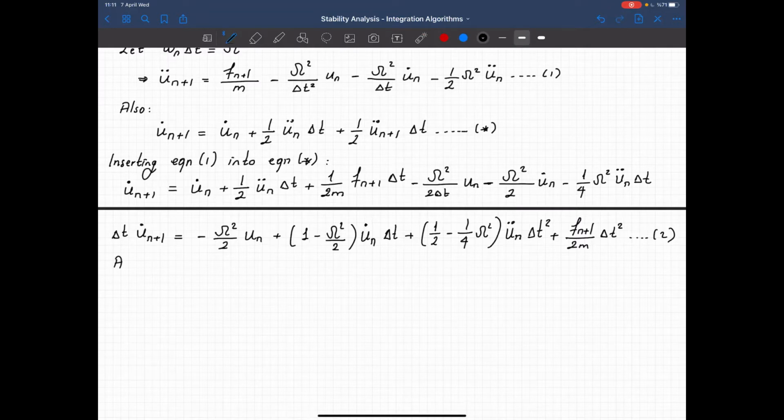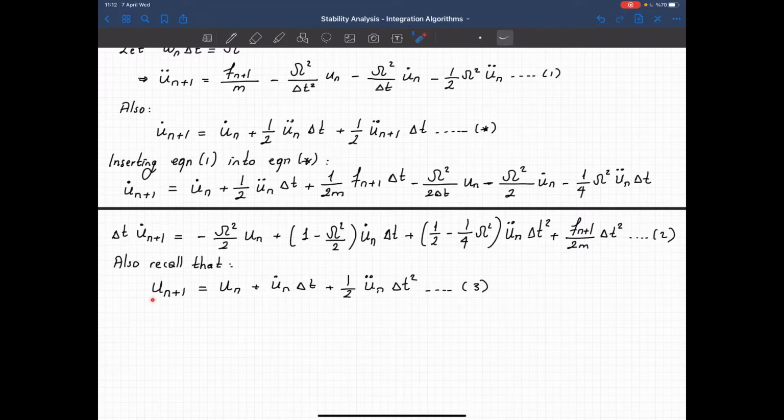Now also recall that for the explicit Newmark integration, u n plus 1 is equal to u n plus u dot n delta t plus 1 over 2 u double dot n times delta t squared. So this is our third equation, and each equation gives a relationship for the displacement, velocity, and the